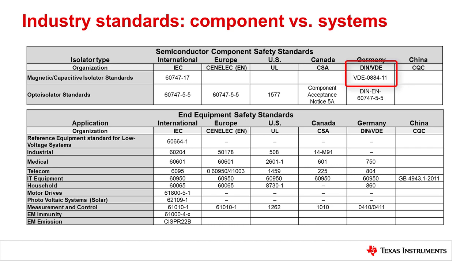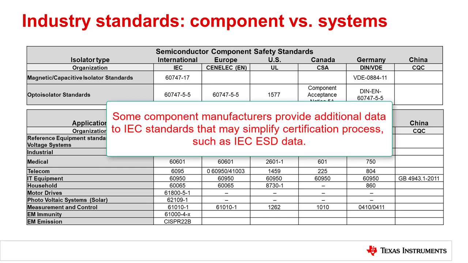maintain IEC reinforced ratings. Often end equipment designers will choose components that are pre-certified to the requirements of the end equipment standard, in addition to the individual component standards, as a means of reducing obstacles in system-level certification. For example, while IEC ESD is not a required component-level certification test, many vendors provide IEC ESD test data to provide added confidence for the end user about performance expectations during certification testing.